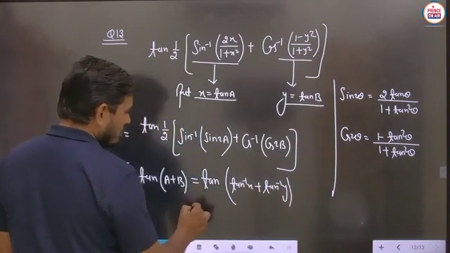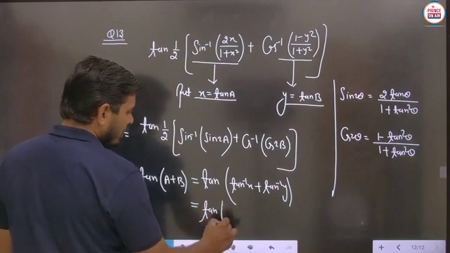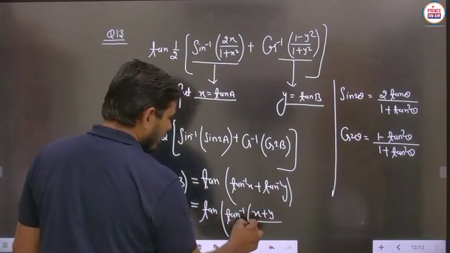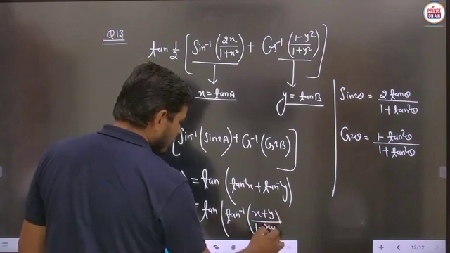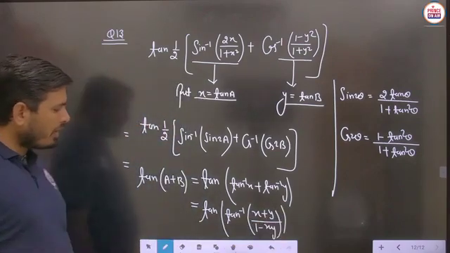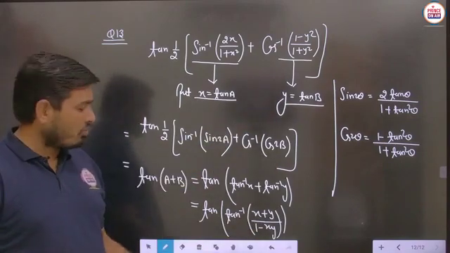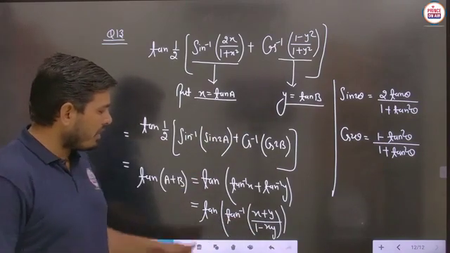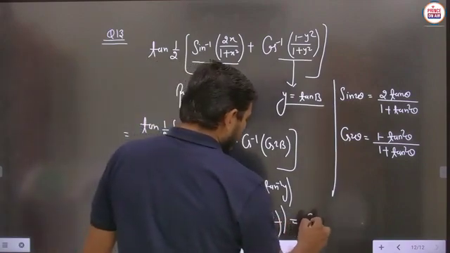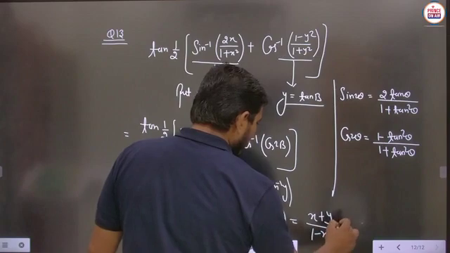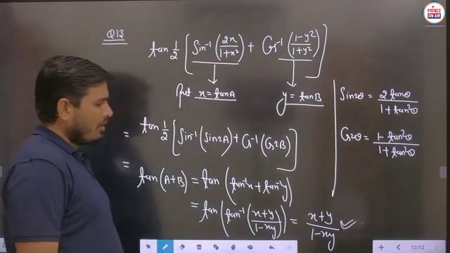Now you can just apply the formula, then it will be written as tan inverse of (x plus y) divided by (1 minus xy). Now this particular xy is always given as less than 1, no problem. So this tan inverse and tan will get cancelled out, and finally we will obtain the expression as (x plus y) upon (1 minus xy). This will be taken as the final answer of this question.